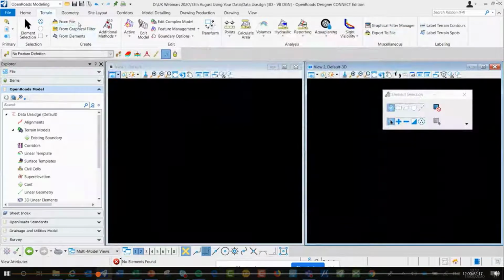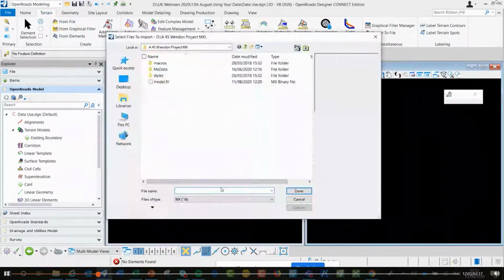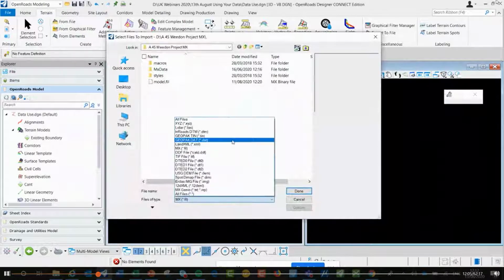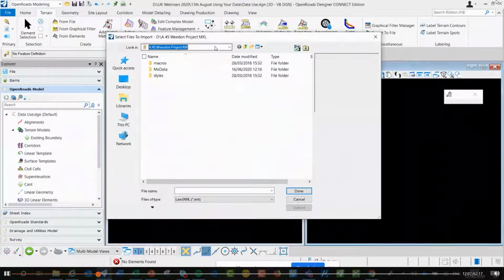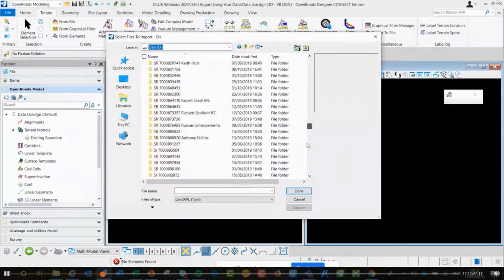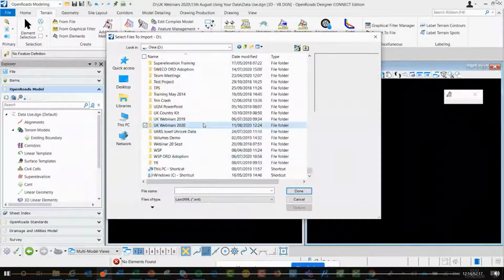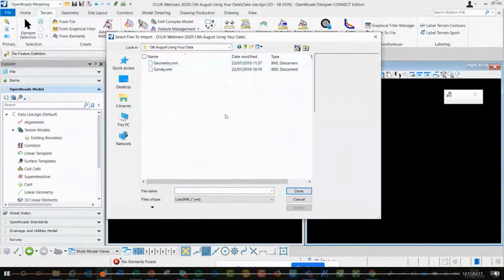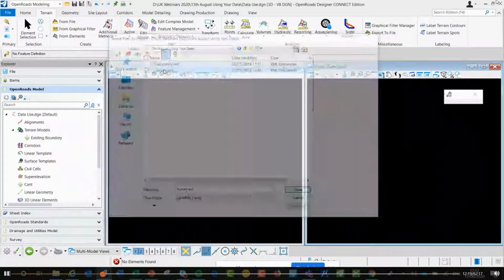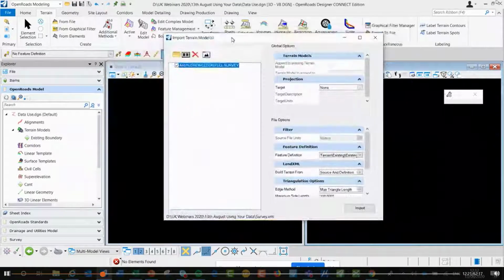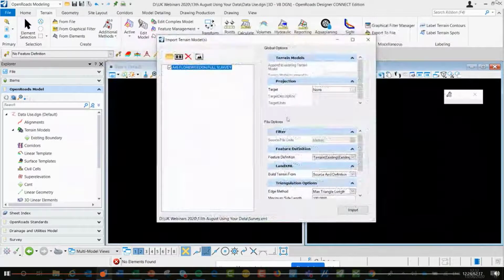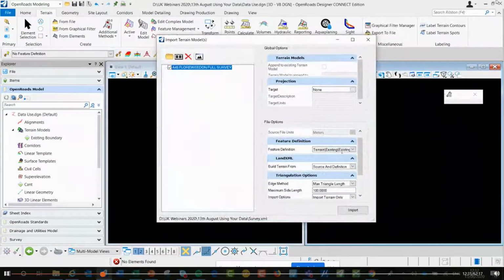But again, I think we're finding that a lot of people nowadays are getting data in LandXML format. And again, the process for importing data from a file is exactly the same for all of the data types. So you just hit survey and you get the same panel again. Again, you can filter it, and you can assign a feature definition. You can append it to existing,